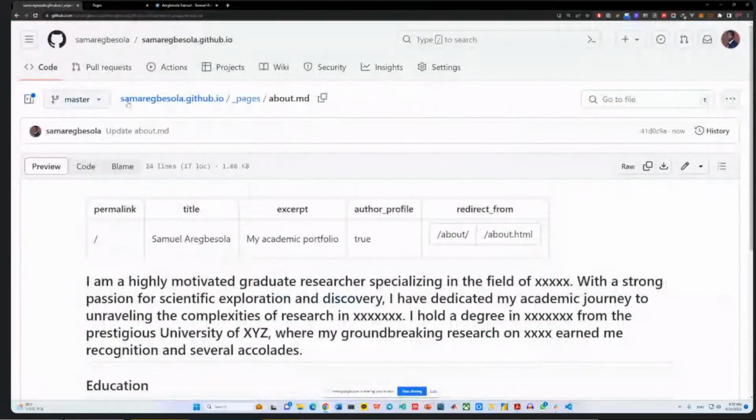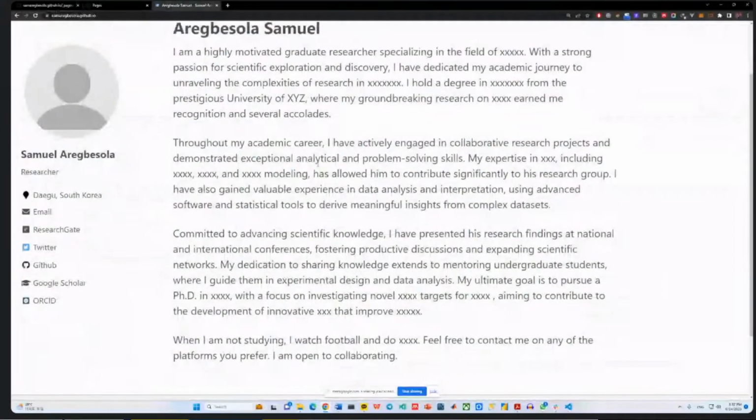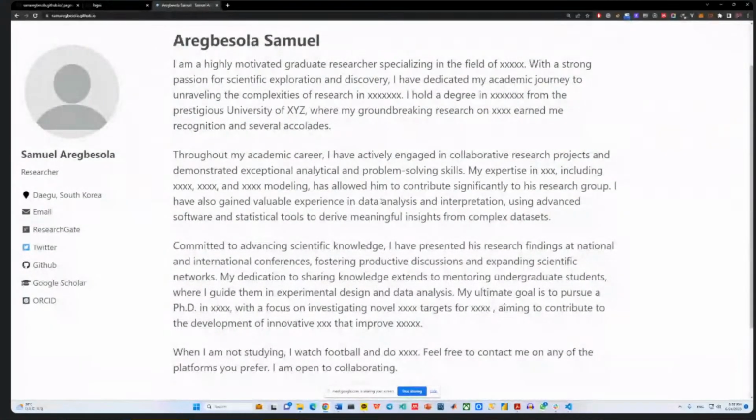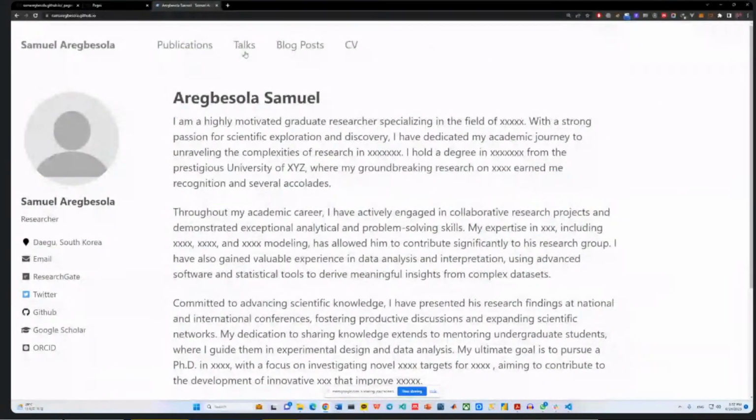So the key thing is this page is what will show up whenever someone comes to your website like this. So that's what will show up initially. The next thing we want to look at is the talks page. But before we look at the talks page,